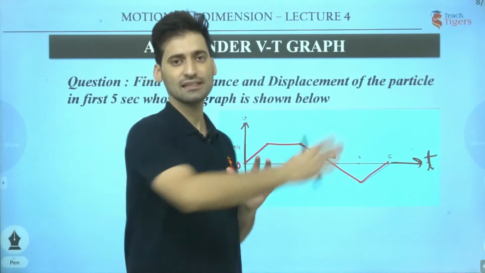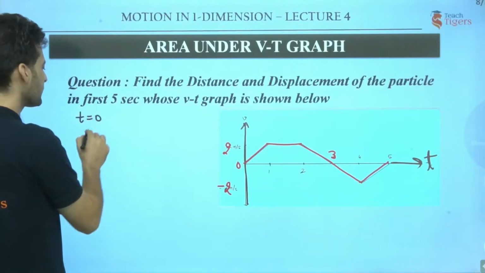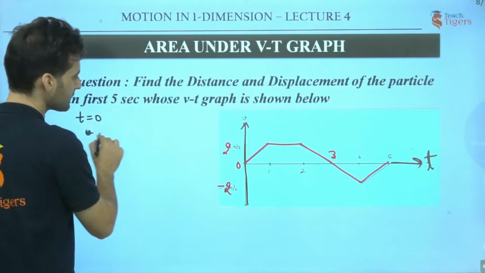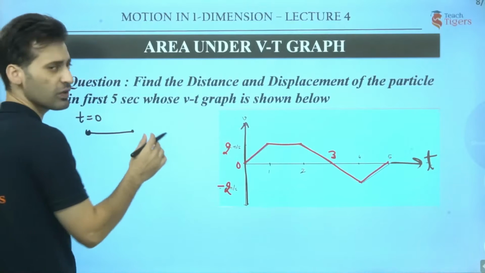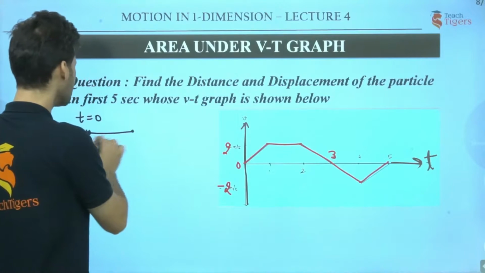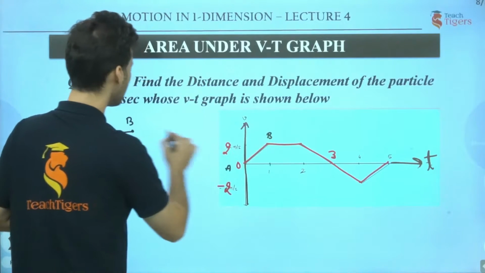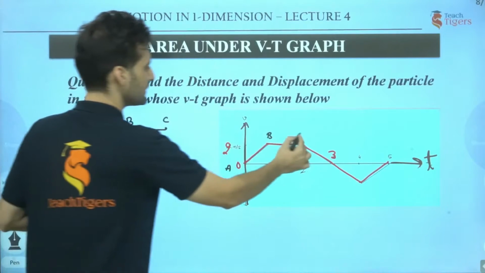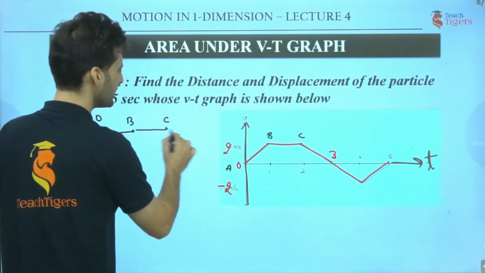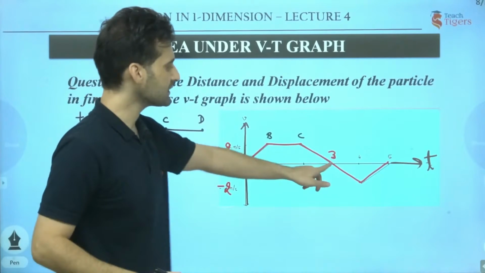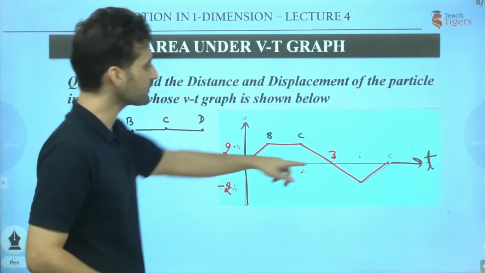Let's take the right hand side to be the positive direction. What I mean to say is, let's say at t equal to 0, this particle was here, and slowly its speed starts increasing. Till here, there is 1 second, it is increasing. Then, let's say it reaches from A to B. This is A, and from A till it reaches B, and from B to C its velocity was constant. In between, its velocity was 2 meters per second. Then its speed started decreasing. Let's say till it reaches D, its velocity again becomes 0.